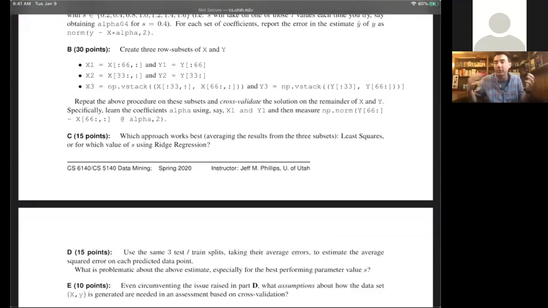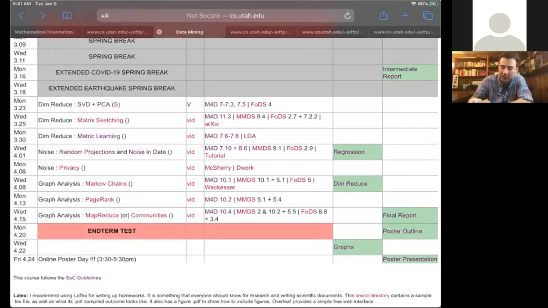Right. The answer isn't very complicated, but the point I'm asking about is important, and that's what these questions D and E are supposed to be covering. And then I'll also mention, if you look at the schedule, I posted the homework for